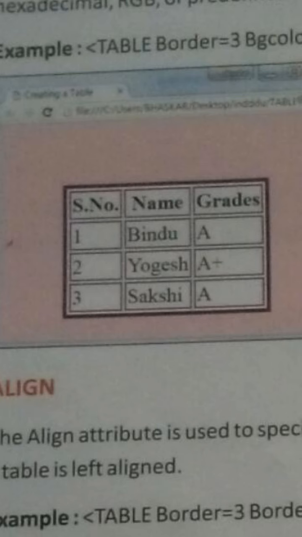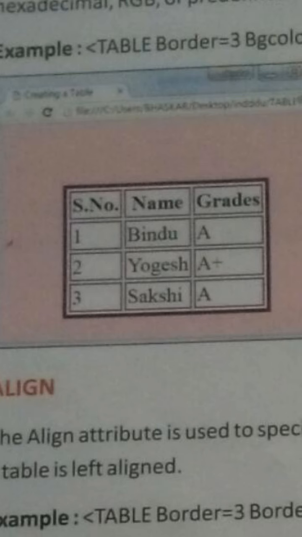We are doing the table tag and how to print the data in the form of rows and columns. Yesterday I showed you one table, and here one more table is given, but it is a little bit different. How is it different? The table I showed you yesterday did not have a border, but here in this table you can see the border. So firstly, how can you print the border in the table?